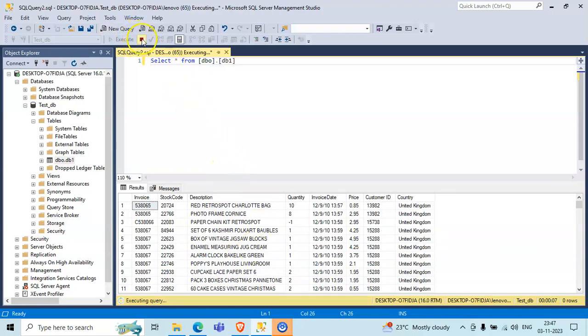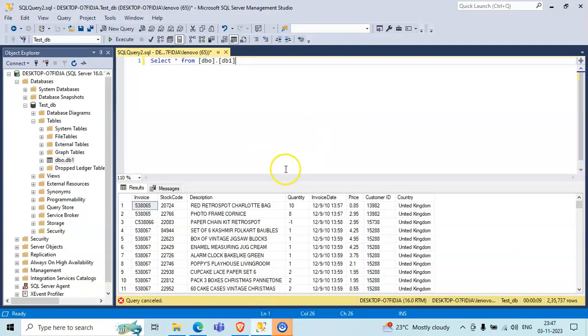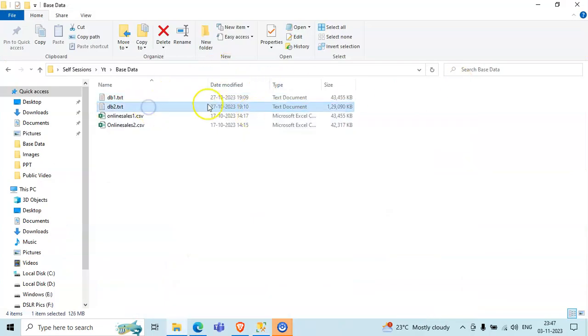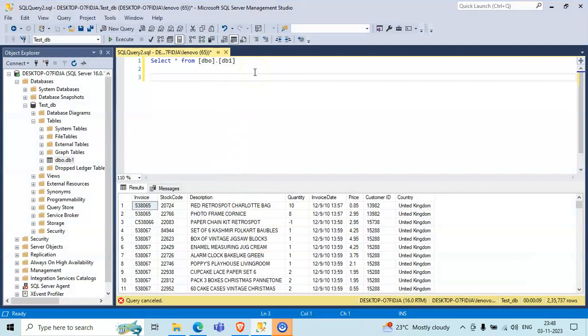Now you can see we have successfully imported a very large count of data in very few minutes. Now I'm going to show you another technique where I'm going to pull more data, more than 3 times the data we have pulled, using db2.txt. You can see the file size is approximately more than 3 times. Now I will be using the second method to import the data. Please have a look at it. We will pull that data using the bulk insert technique. So we are doing bulk insert db2